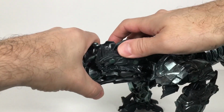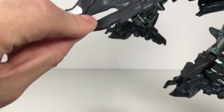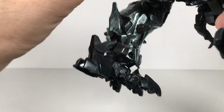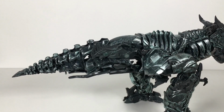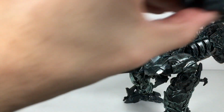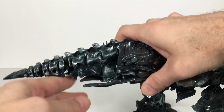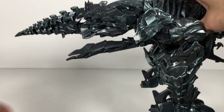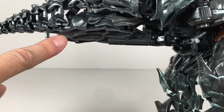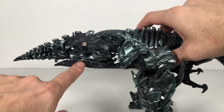The one thing I wish they would have done, and this is such a big gripe with this figure for me, is did something to attach this. Give me something. Maybe a little clip for here that I could have clipped into the bottom so it just stays. I do have some extra pieces now, so maybe there's something here that I could use, or I could just get some sort of clip, color it the same color. I just need something for this to hold, because I hate this. It's floppy and it feels like it got a little looser on mine, so it just flops down when I do that. So this was my least favorite thing of the entire figure. If you guys know of any solutions, let me know, because that is a big bugaboo for me for this figure